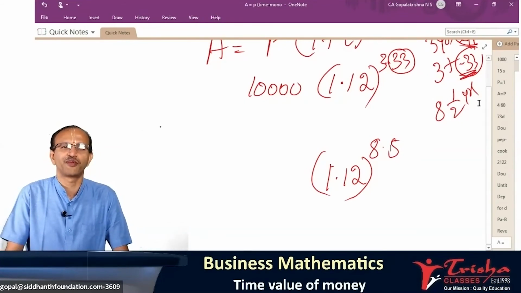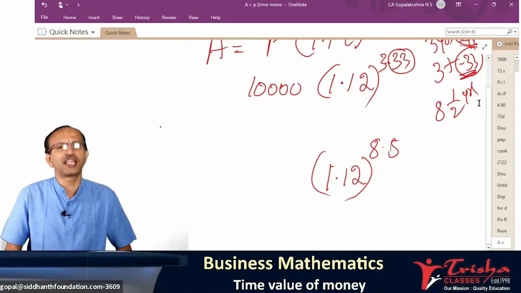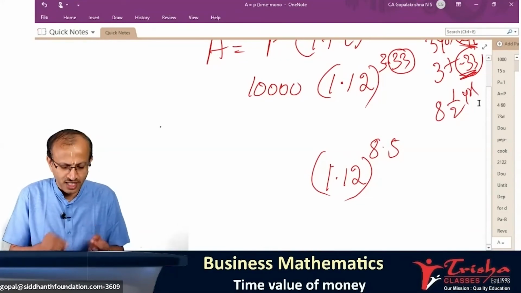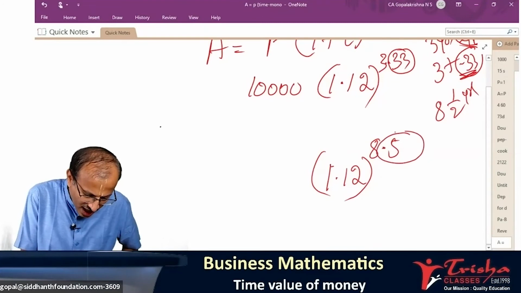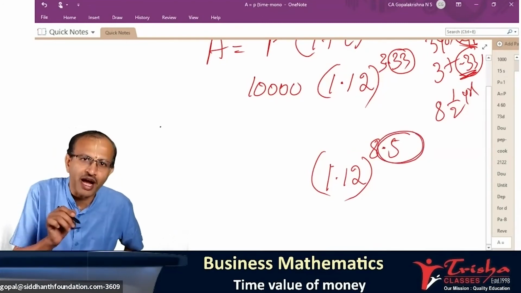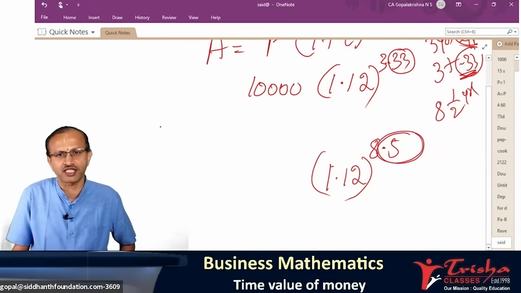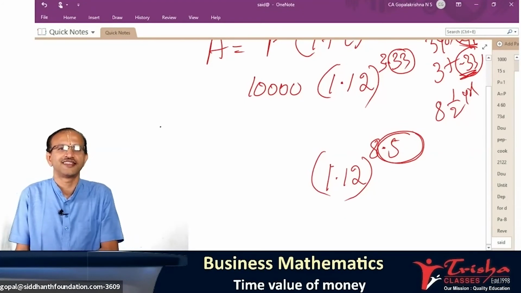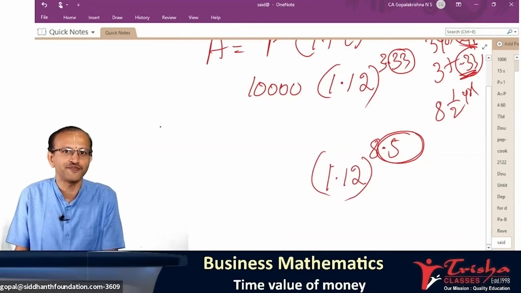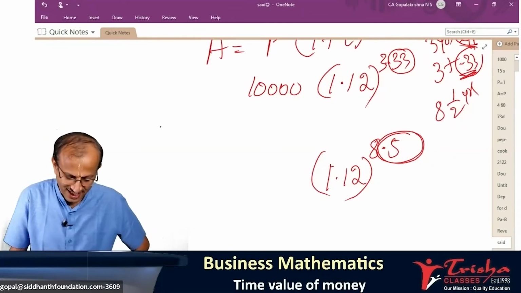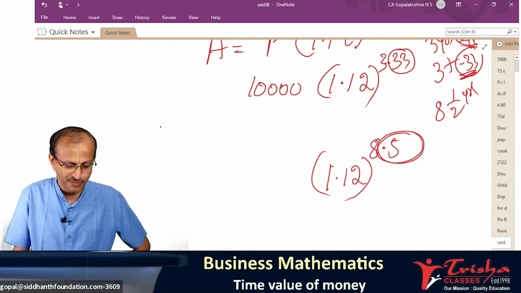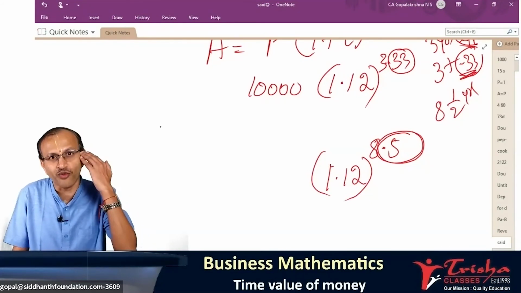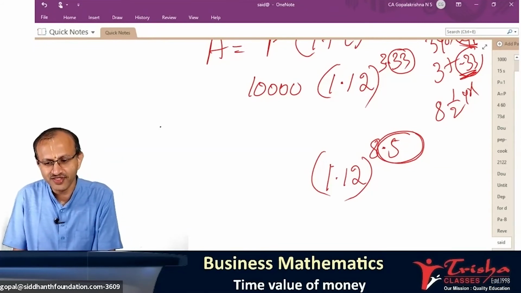Hello. All of you are there with me. If it is 3 months, 4 months, 8 months, then that becomes the case here. If it is not a whole number, if you have a decimal in that number of years, then you are stuck. That kind of question they will give. Shall I answer how to do it? Everyone understood the problem statement? Please do respond. Whether all of you understood what I am trying to tell you?